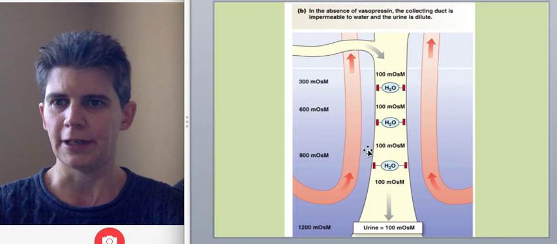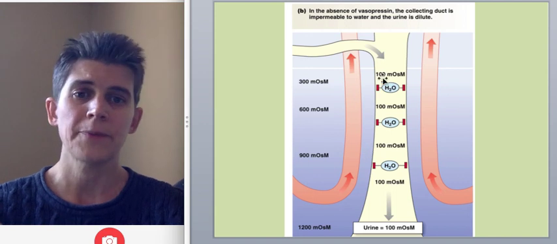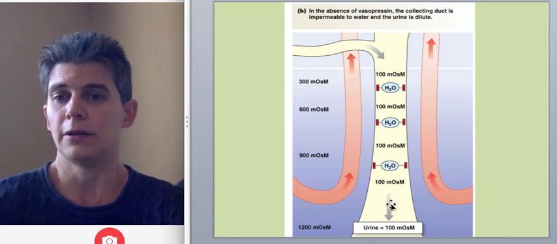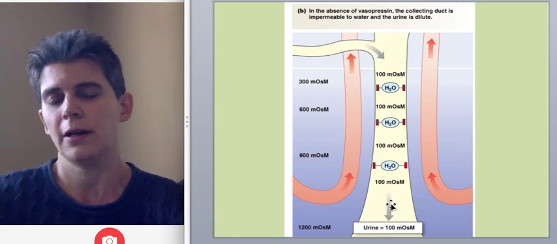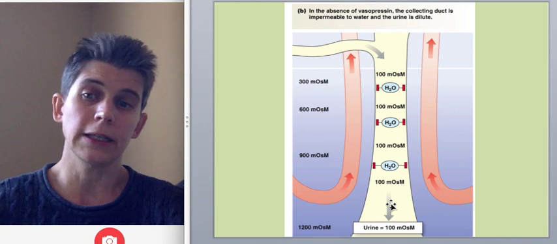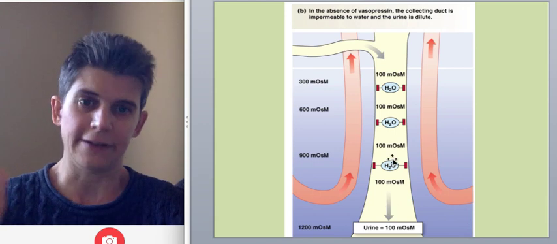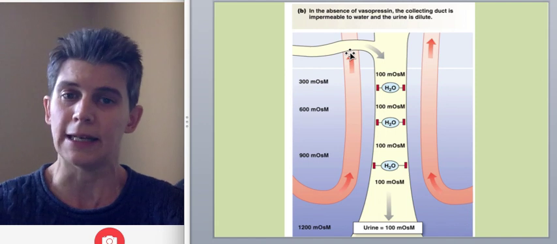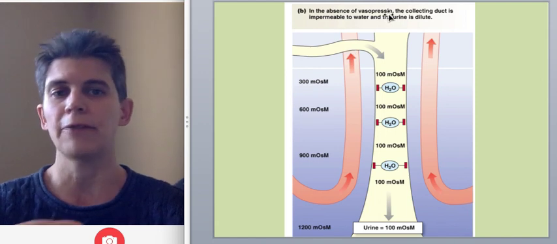Water can't move easily across the membrane on its own, and so the fluid remains dilute, and you produce a very dilute urine. And you know this is true if you are very hydrated, that your urine is quite clear, and that's the state of the hydrated person, which is signaled to the kidney by the lack of this hormone,